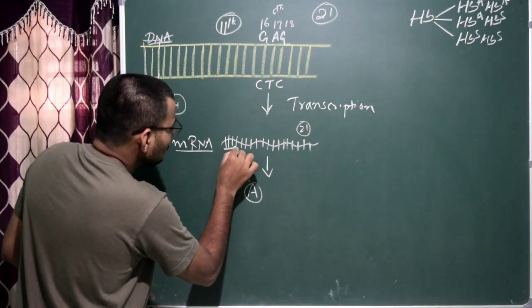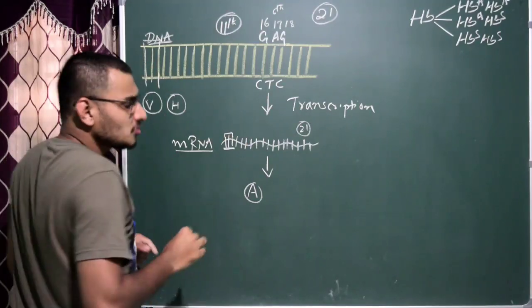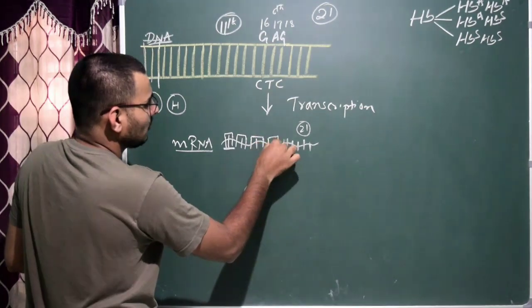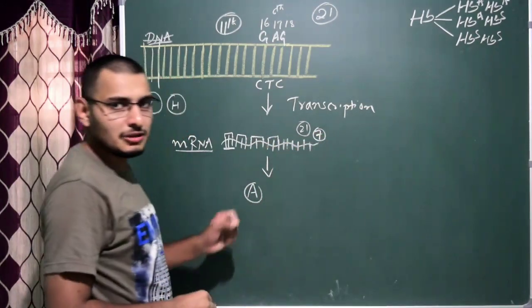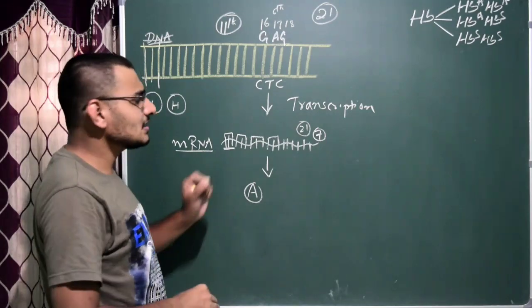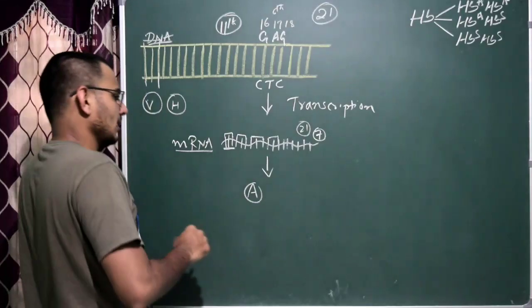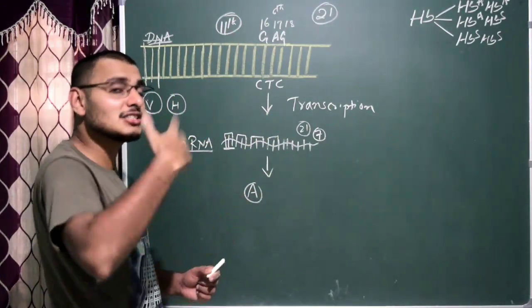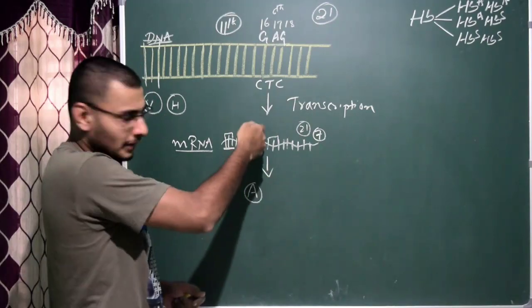That means this is now called the codon. So each 3 nitrogenous bases are called a codon. So this is one codon, this is another codon, like that. So in total there will be around 7 codons present within the one mRNA. These 7 codons will synthesize 7 amino acids. Very important. Anyhow, we are going to study in detail about transcription and translation in the next chapter, that is molecular basis of inheritance. Don't worry about it, but you need to learn this.